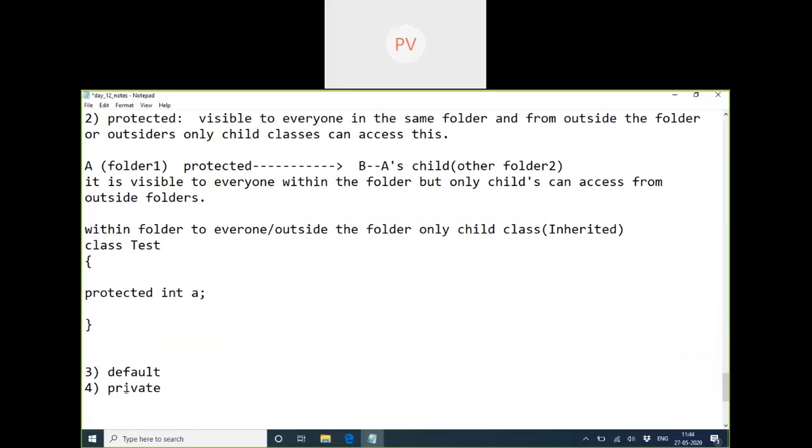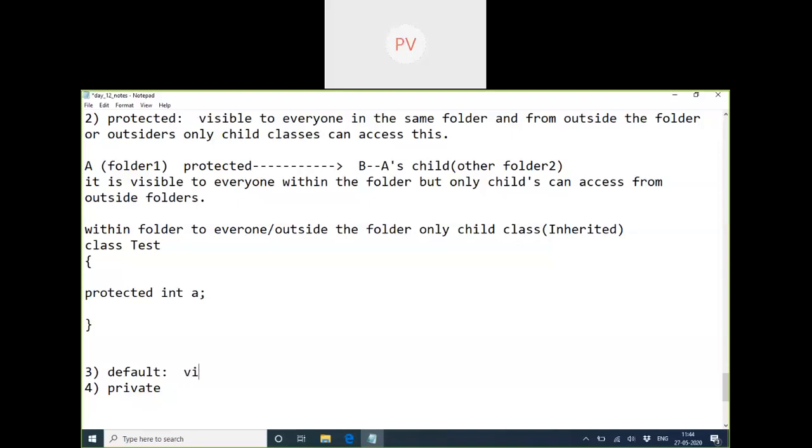Next is default. Default is a very simple keyword. If you keep something inside your house, who can access that particular product legally? All the people inside the house. That means only in the folder.